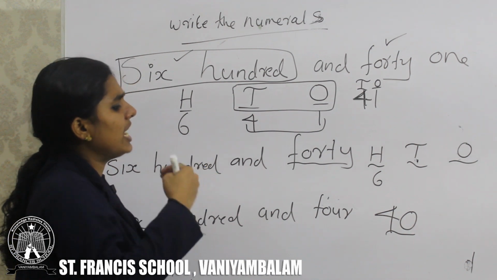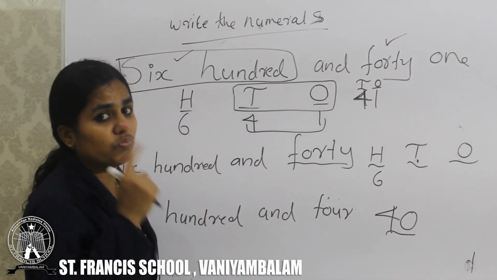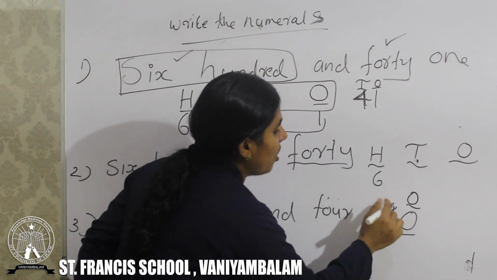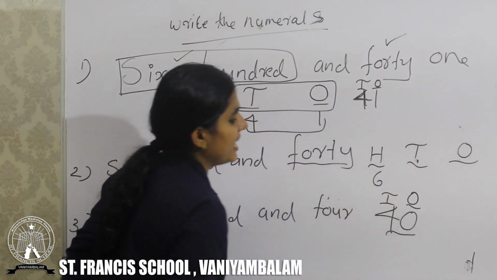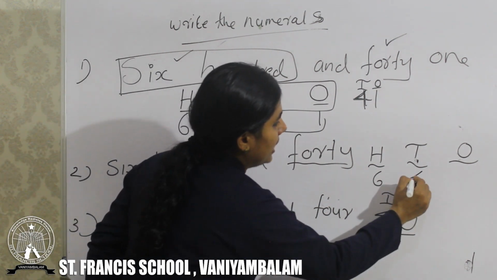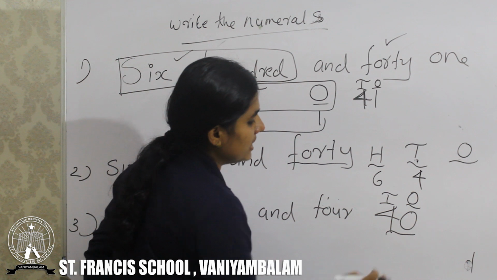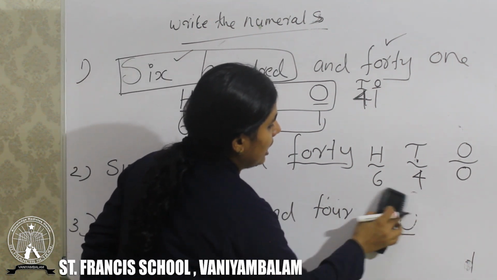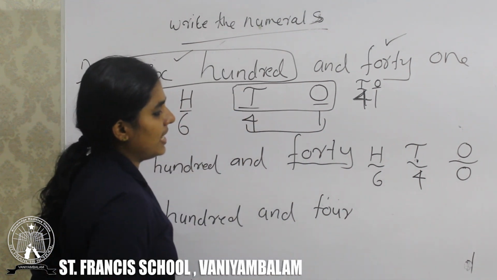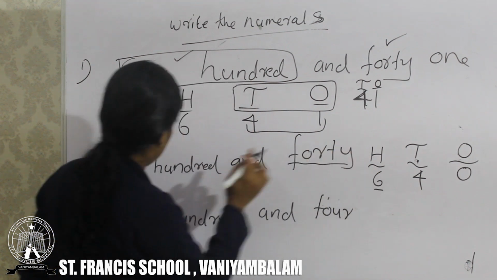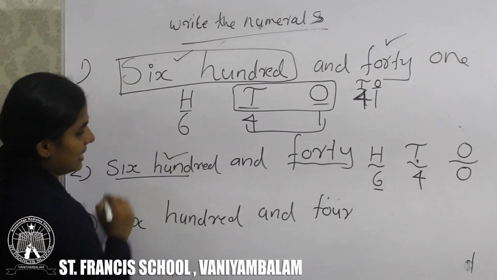Every time, the right side of any number is the ones place. Here, on the right side, we have the ones place. Left of the ones, we have which place? Tens. Then in the tens place we have which number? Number 4. In the ones place we have which number? Number 0. Okay, then what is this? In the hundreds place we have which number? Number 6. That is 600. Look here. Correct, that is 600.